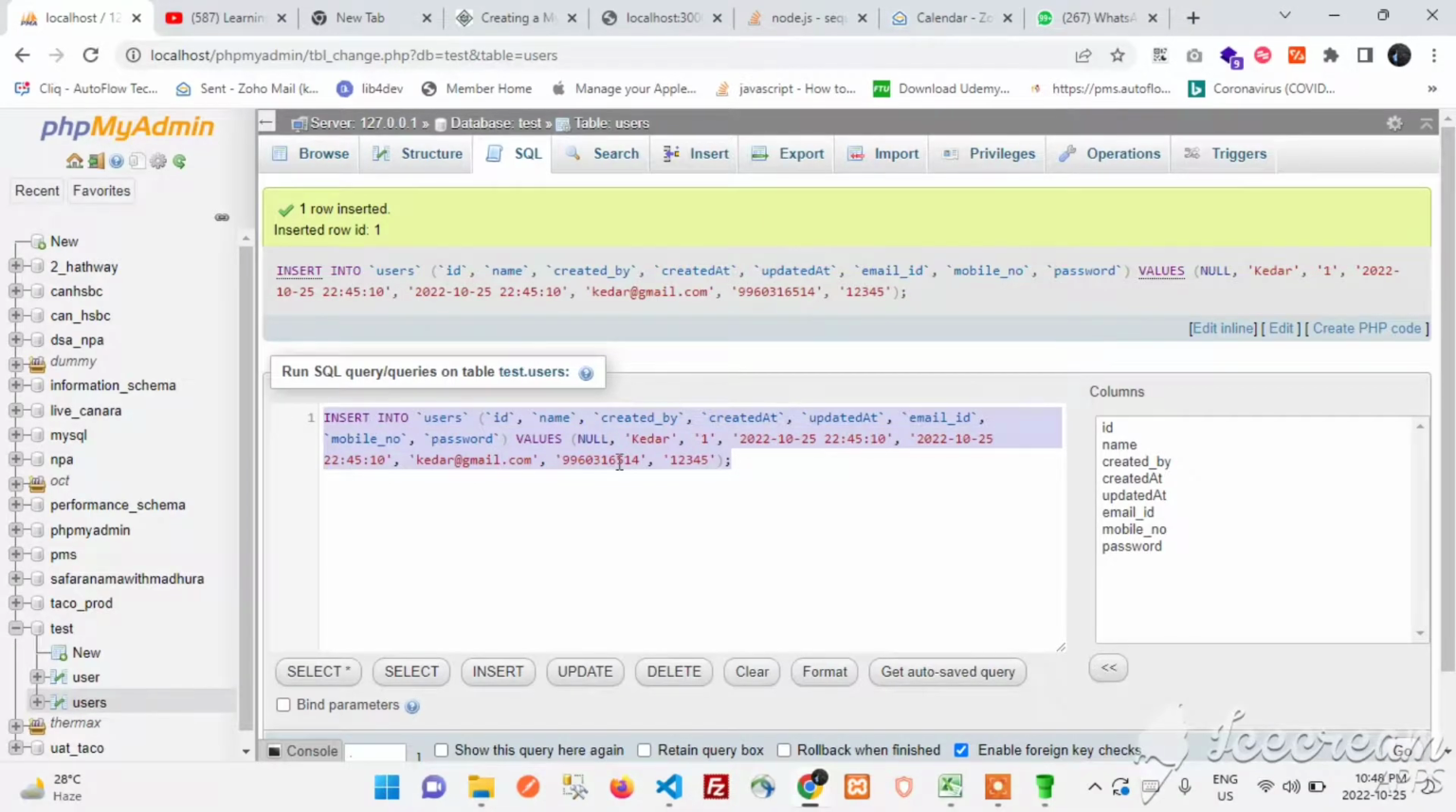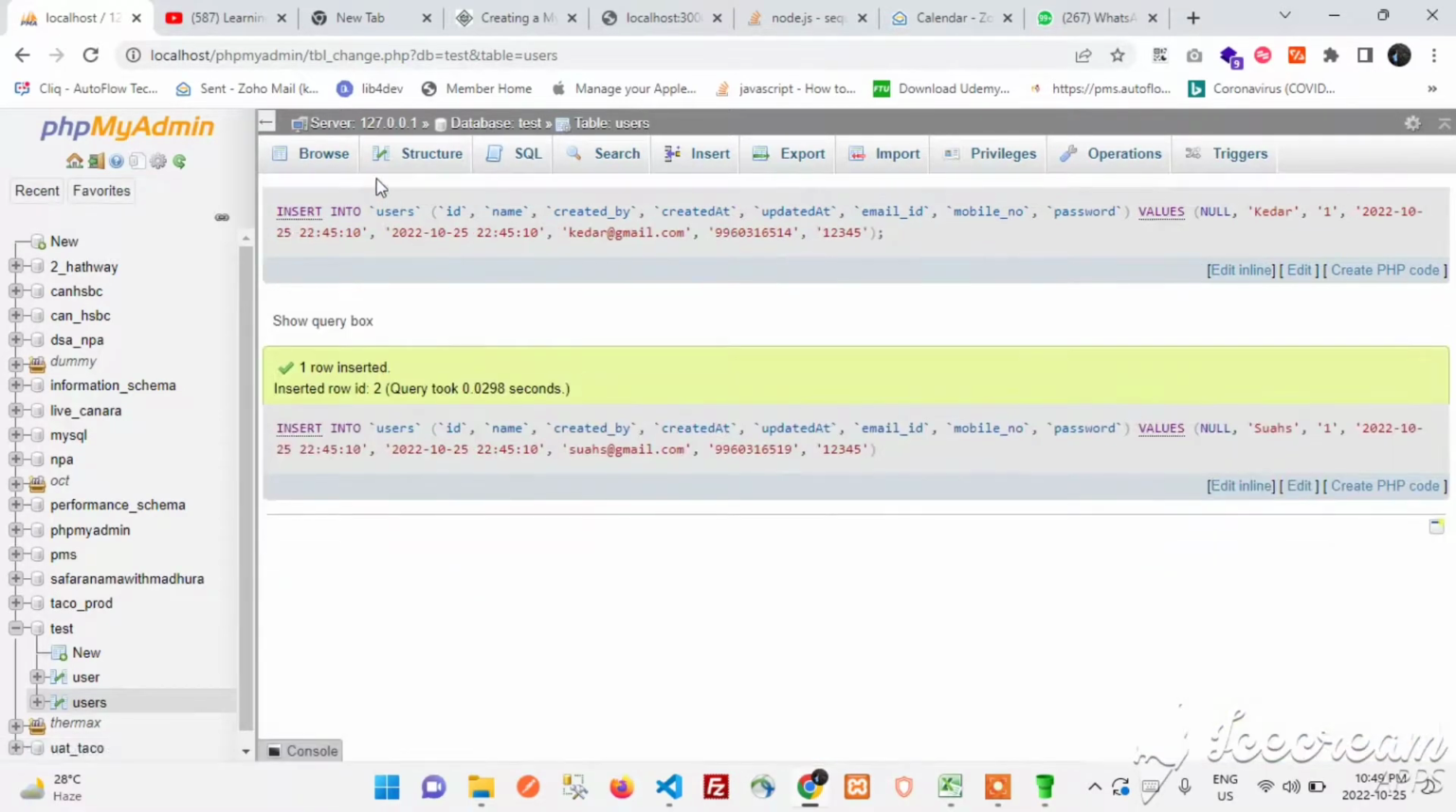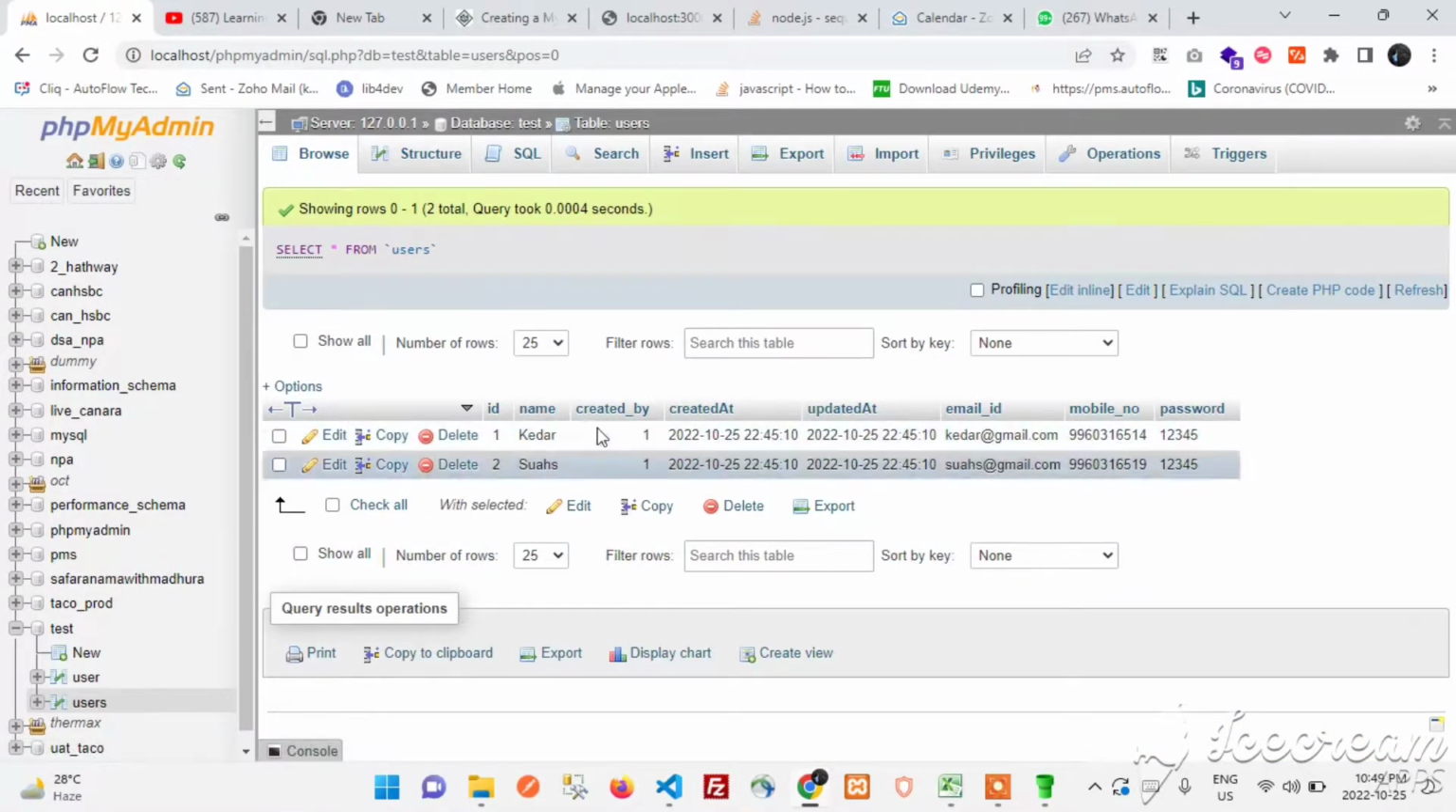I have created one dummy record over here. I will just change this to Suhas, and this Suhas at the rate. Taking a copy of that. Now there are two records in my table. Now I want to get all those records